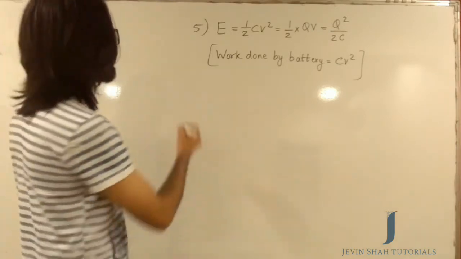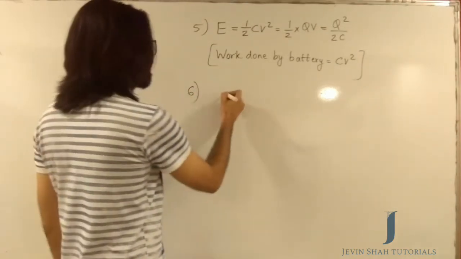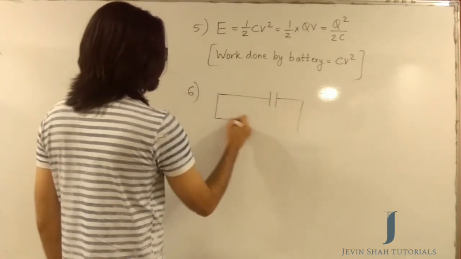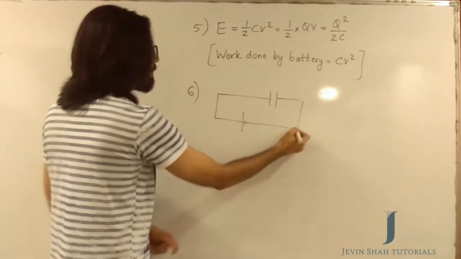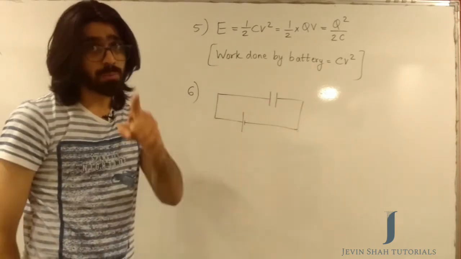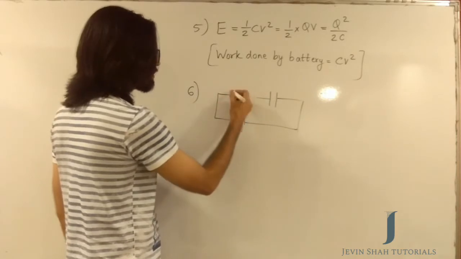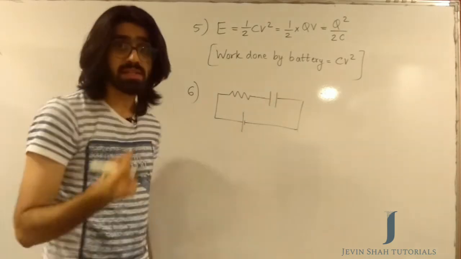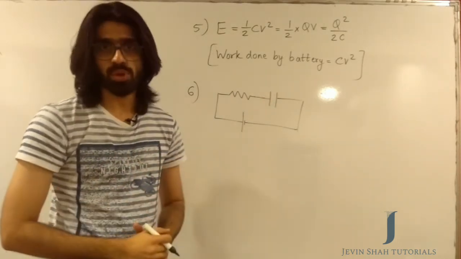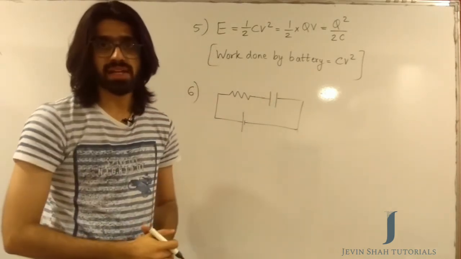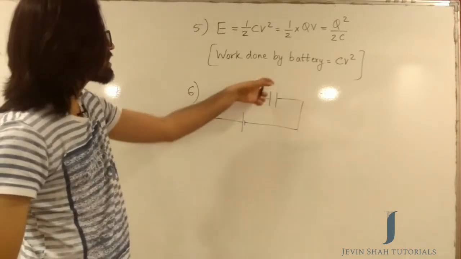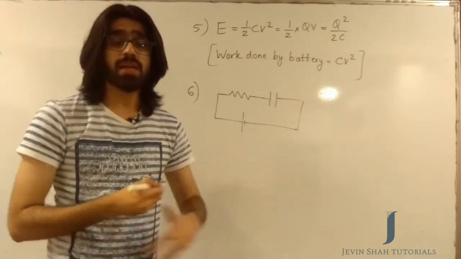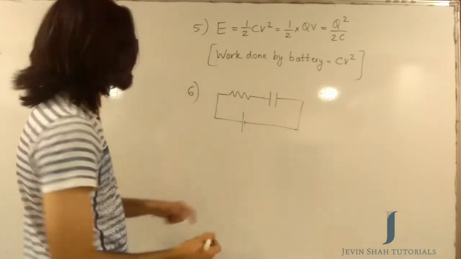Let's get back to my point. I said that whenever you are connecting a capacitor along with a battery, the capacitor will get instantaneously charged. But if I have a resistor in the circuit, now the capacitor does not get instantaneously charged. It takes a little time to get charged. So while the capacitor is getting charged, while the battery is taking electrons from here and giving out electrons from here to the negative plate, the equations that come into the picture go like this.